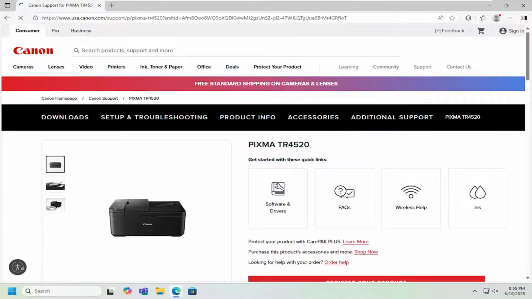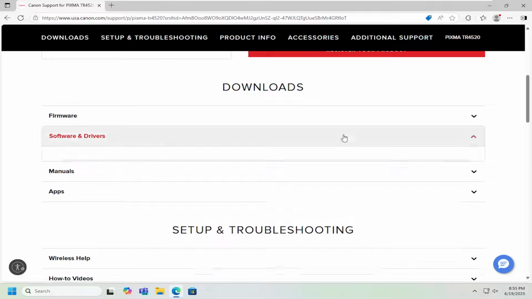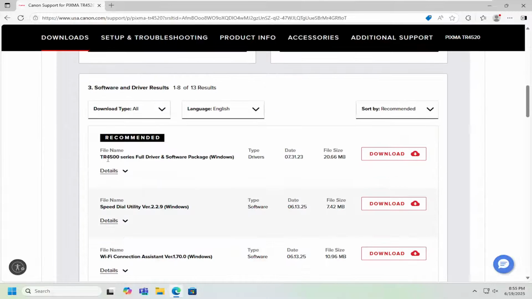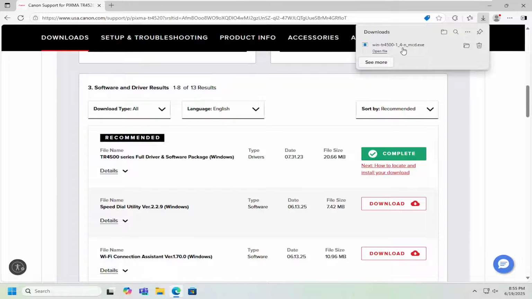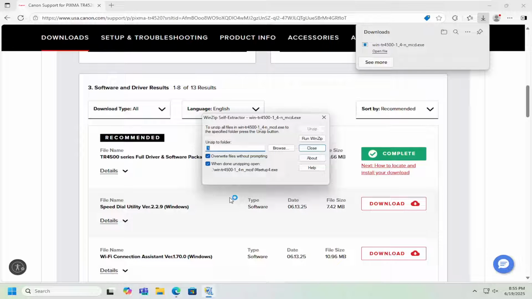And now that we are in here, you want to just scroll down underneath downloads and select software and drivers. And now that we've expanded that selection, you want to select the TR4500 series full driver and software package. Select download and give that a moment, and then just select download once it's finished. Should be a verified publisher from Canon Inc. Select yes and give that a moment,